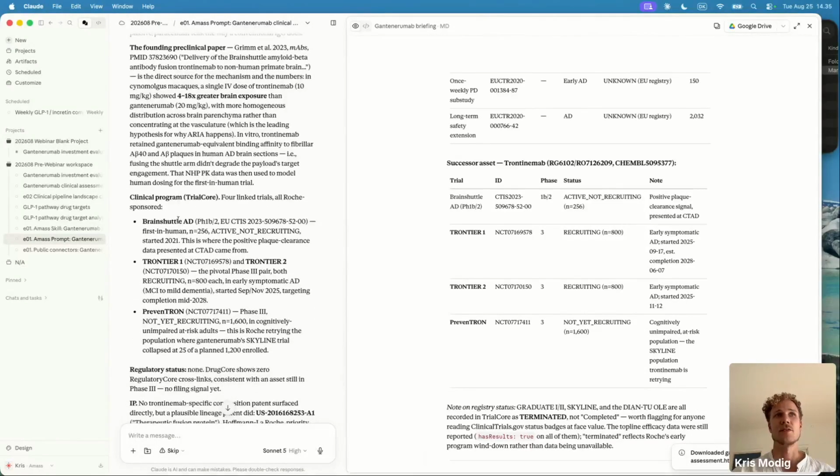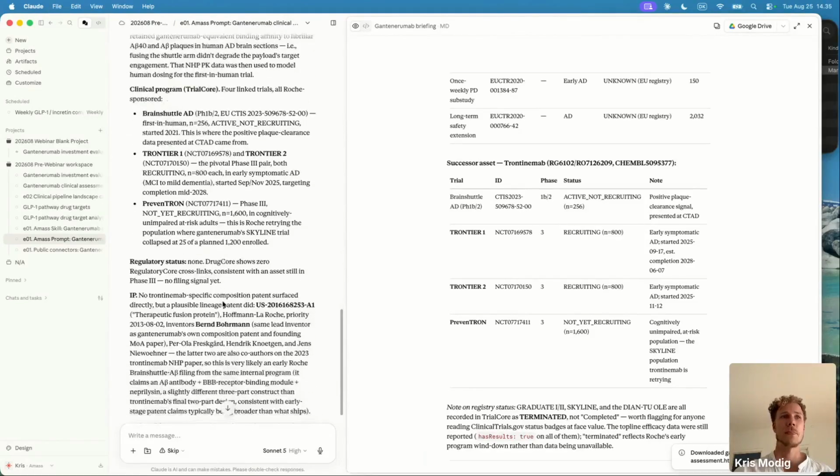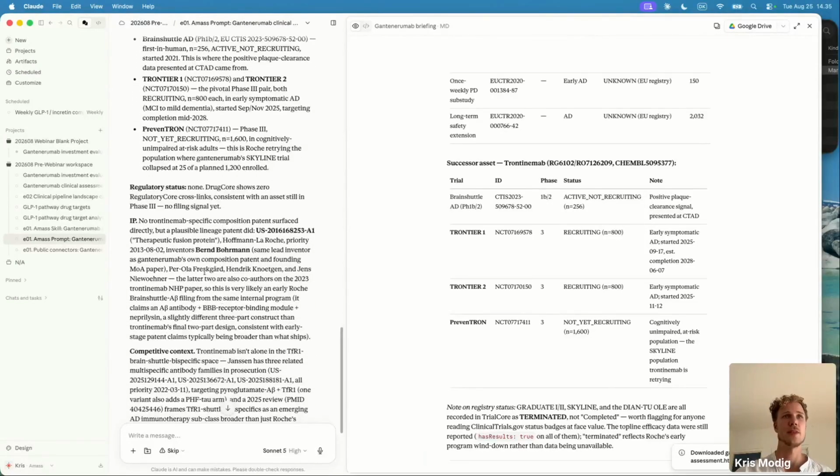You can see that there are 4 linked trials, and as for IP, there is a plausible lineage of patents. So there was not a direct one, but there is one that it may be. So if we're then to research more into therapeutic fusion